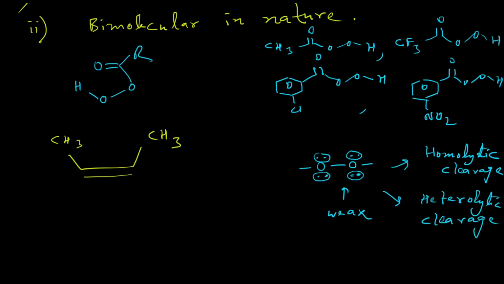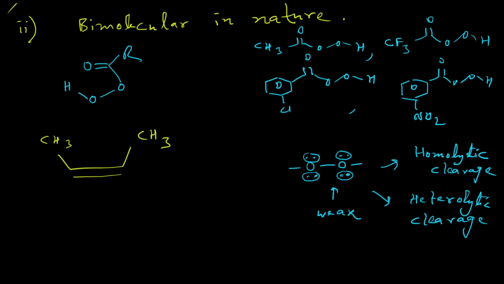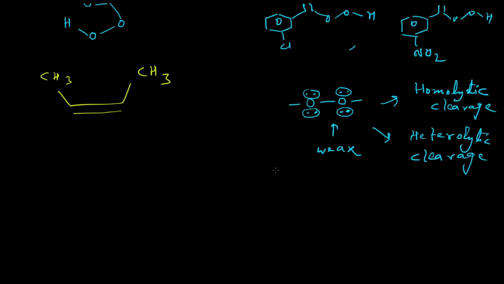We have seen the homolytic cleavage of peroxides, like during the anti-Markovnikov's addition, where we used benzoyl peroxide, which easily underwent homolytic cleavage when subjected to heat treatment or exposure to light. So what is the reason for the homolytic cleavage in this molecule? Because of the highly symmetrical nature of this molecule, the molecule wants to break via a homolytic mechanism.